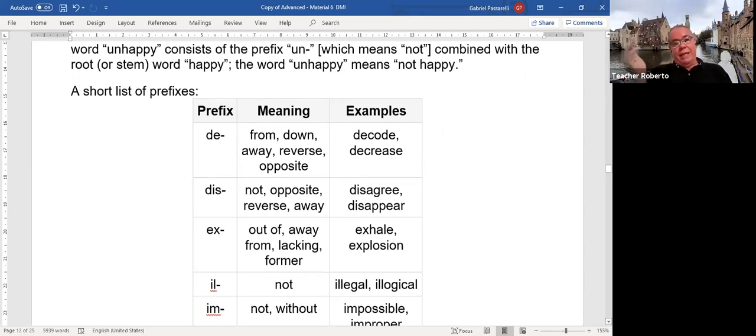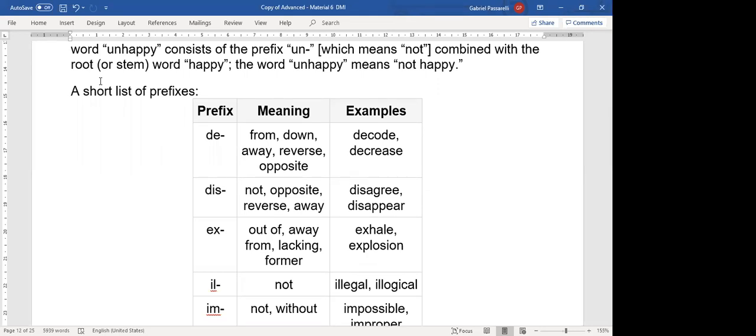So let's do like this. Each one of you reads one, the meaning and examples, okay? And then change, like Regina is the first, then Erica, then Raquel, and whoever else. Thiago is not here. Carol is not here. She's doing a job interview. So let's go, Regina. You start.